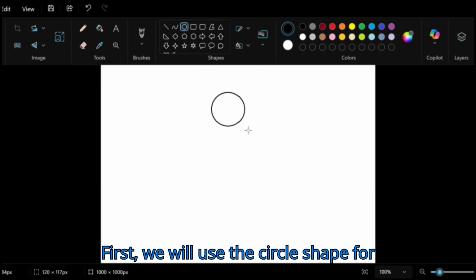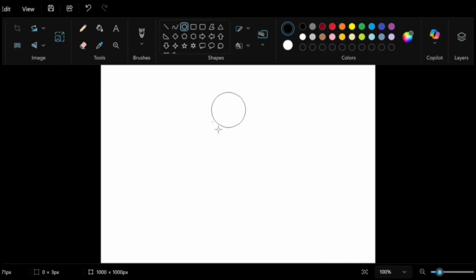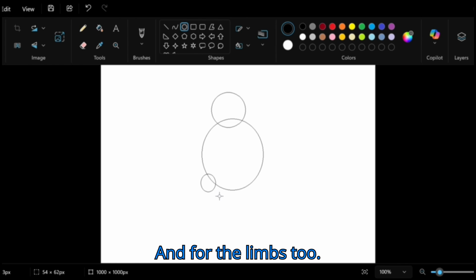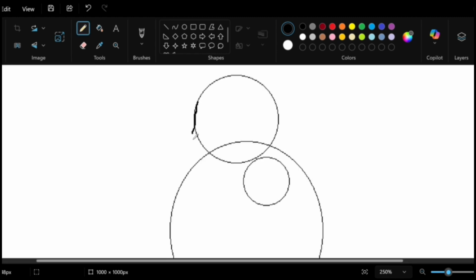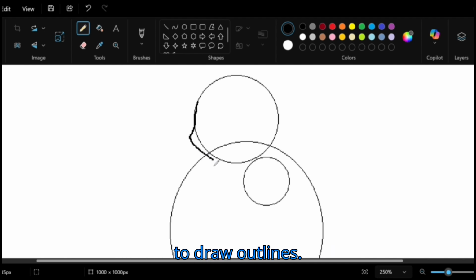First, we will use the circle shape for the head and the body, and for the limbs too. You can use pencil tool or brush tool to draw outlines.